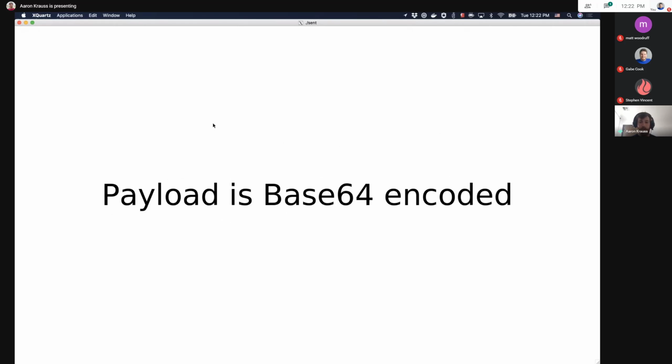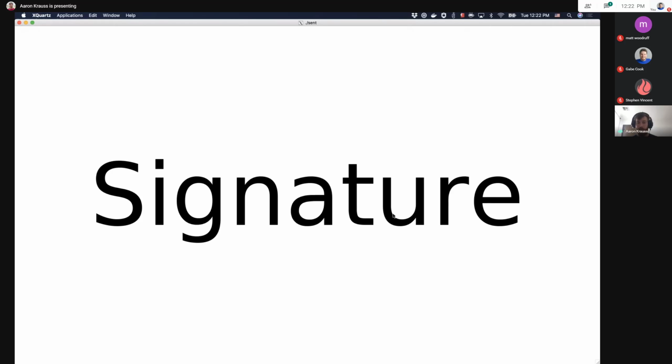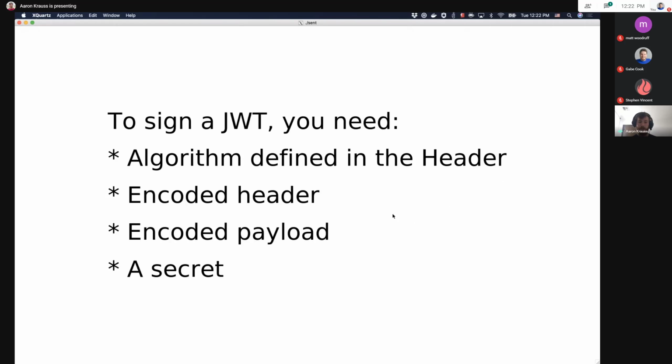Just like the header, the payload is base64 encoded. That's how we get that middle base64 encoded string. Lastly, the signature. Signature is a little bit different. What it does is it signs the header and the payload information. And we're going to have a demo of this in a little bit. To sign a JWT, you need the algorithm defined in the header. In that first example, I believe we are using SHA-256. You need the encoded header and the encoded payload, all base64 encoded, which one thing I should add is